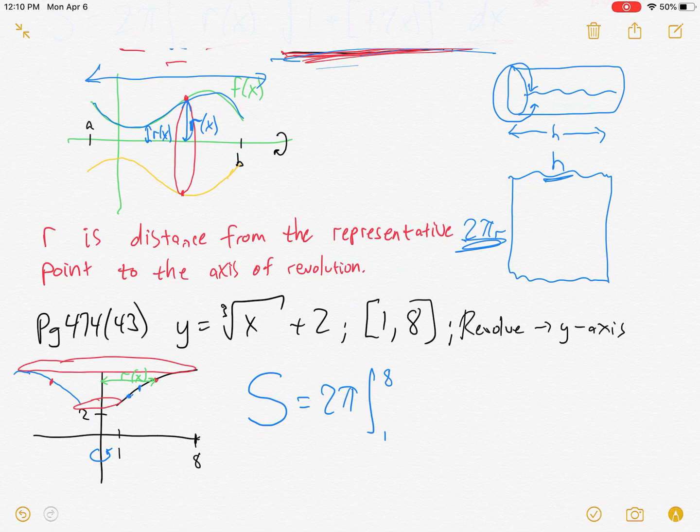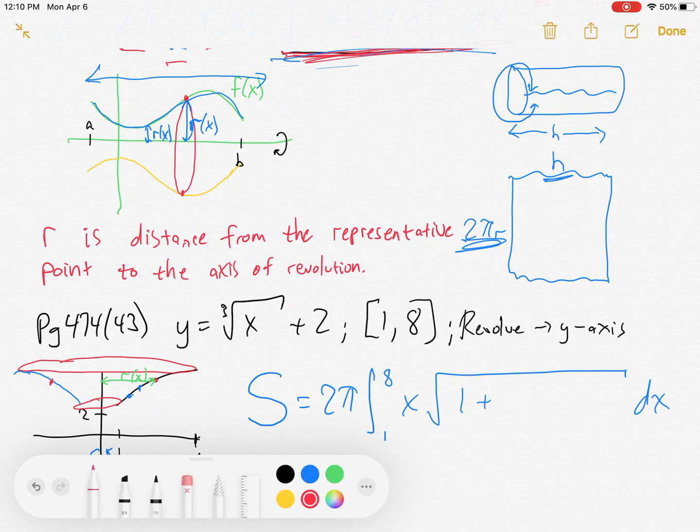Because you could think about different places the representative dot could be. It could be here, it could be here, whatever it is, it's always x units from the x-axis. So we just put an x there, times the square root, dx on the end, 1 plus,